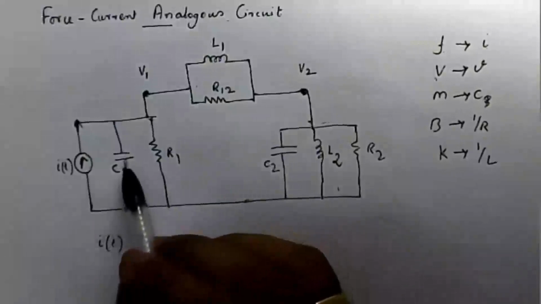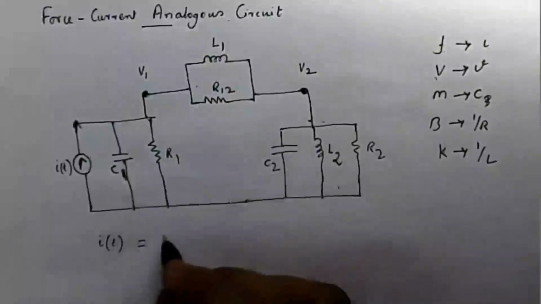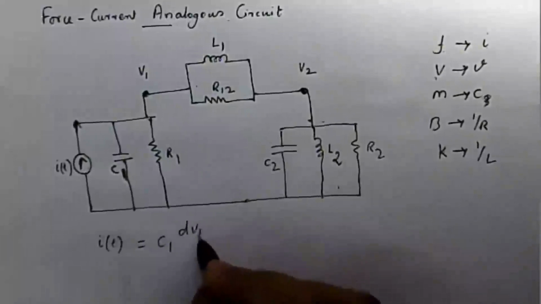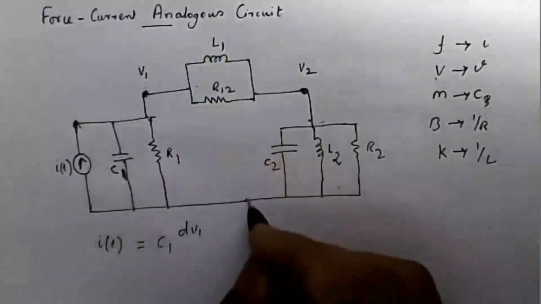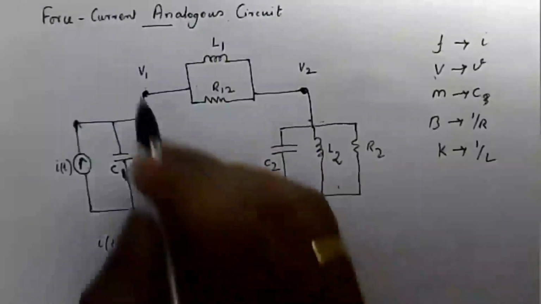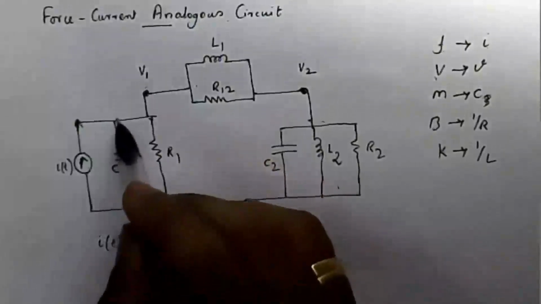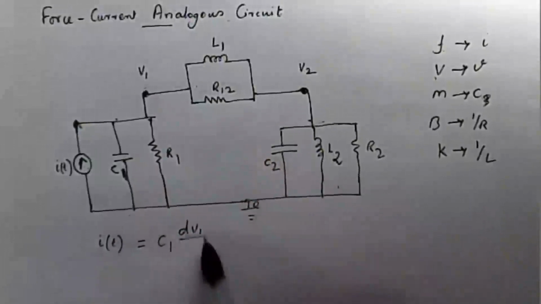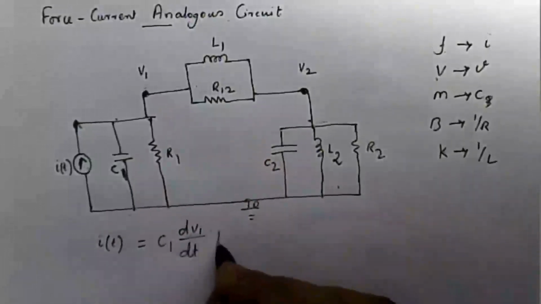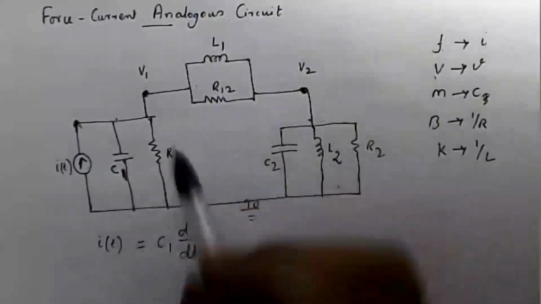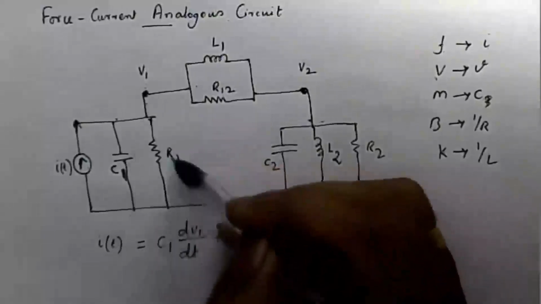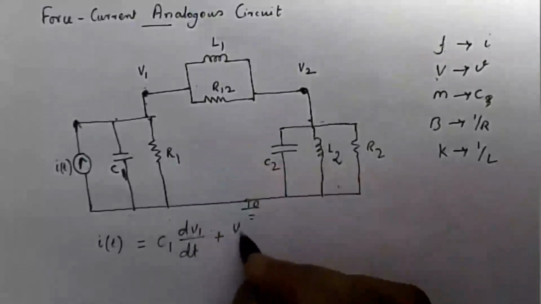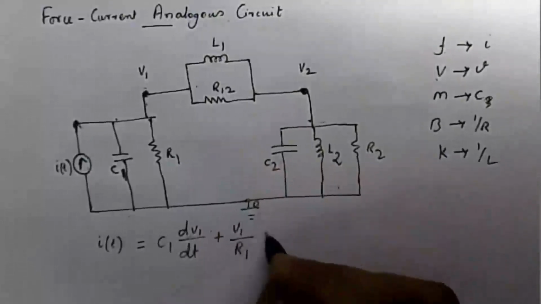The current flowing through the capacitor C1 is C1 into d(V1 minus 0)/dt, where 0 is the reference node voltage and V1 is this end voltage. Plus the current flowing through the resistance, V1 minus 0 divided by R1, so V1 divided by R1, plus